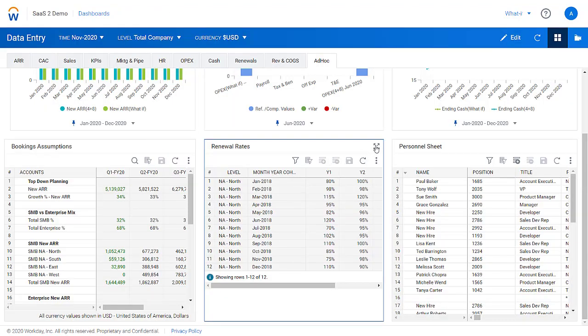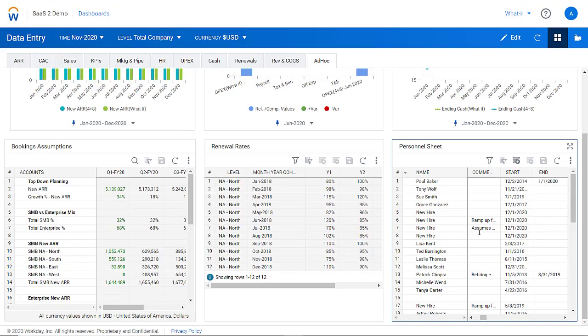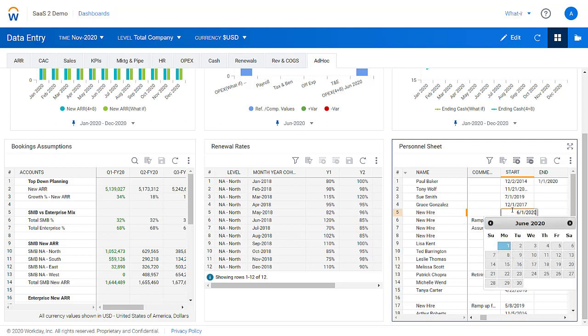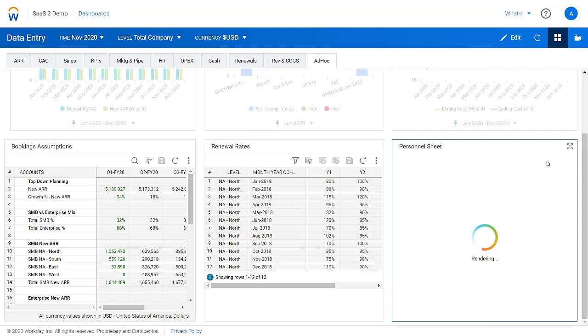And next, while we're at it, why don't we pop over to a schedule of renewal rates here. And so we've got a set of cohorts that are maybe coming up for renewal later this summer. And we'll take those down from our normal 95% range down into this 85% target area. Just a bit of conservatism. And lastly, we'll move over to the personnel sheet. And here maybe the story is a little bit more positive. So we'll pull a few of these start dates that we had slotted for the December timeframe and put those into June. So we save all those changes and then scroll up a little bit here,